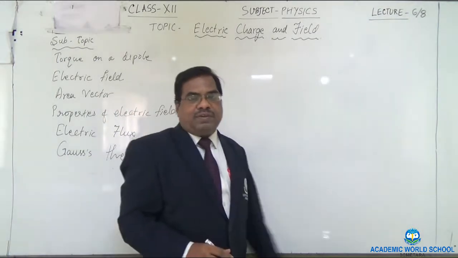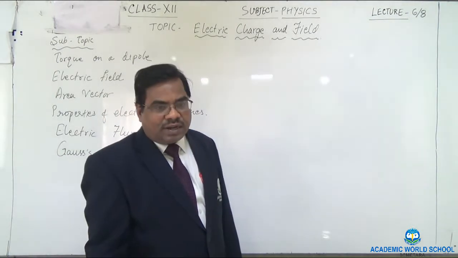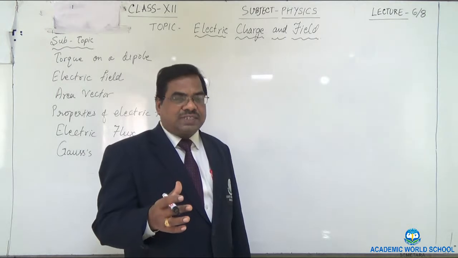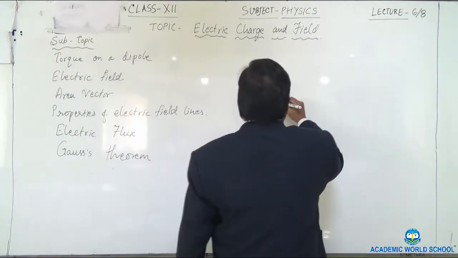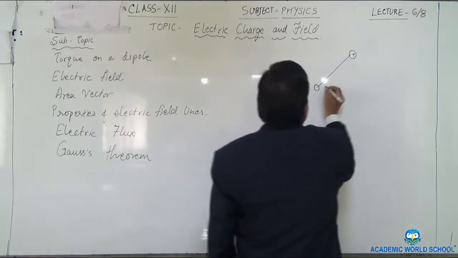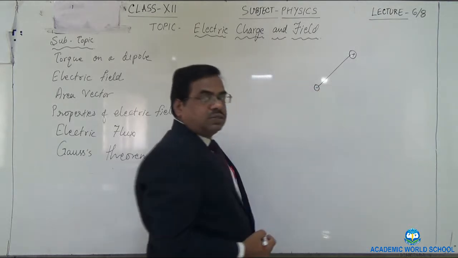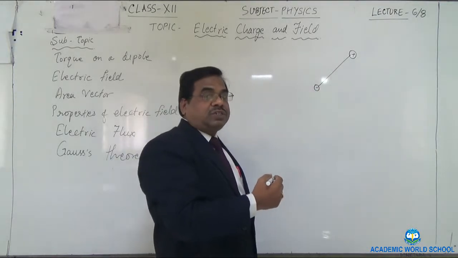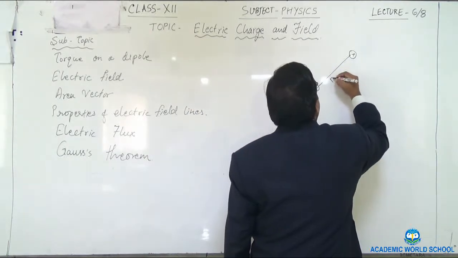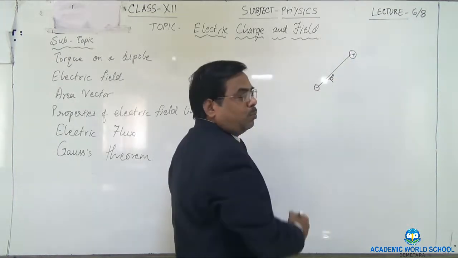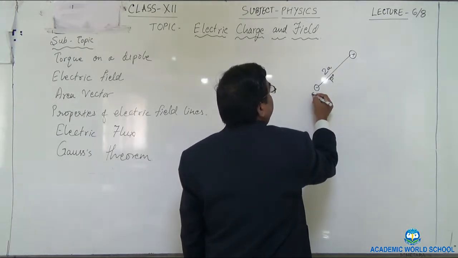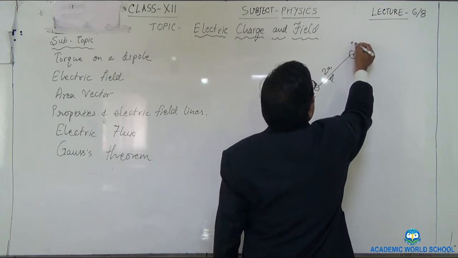You all know in our previous video I have told you what is electric dipole. Dipole means two charges of equal and opposite sign. When such a dipole is having one plus and one minus charge, can you tell me what will be the direction of the dipole moment? Minus to plus. The direction of the dipole moment is always from negative to positive and the distance is taken equal to 2a. The charges are minus q and plus q.